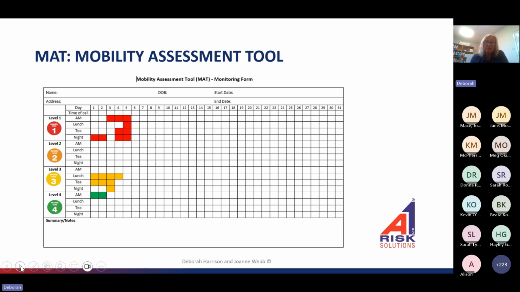And the person had such a variance that the individual went up and down, up and down, up and down. But it gave the assessor, which was myself at the time, the ability to look and go, oh, right, okay, yes, she's having a down period. Has she got a UTI? Is it other contributing factors apart from a general variance?